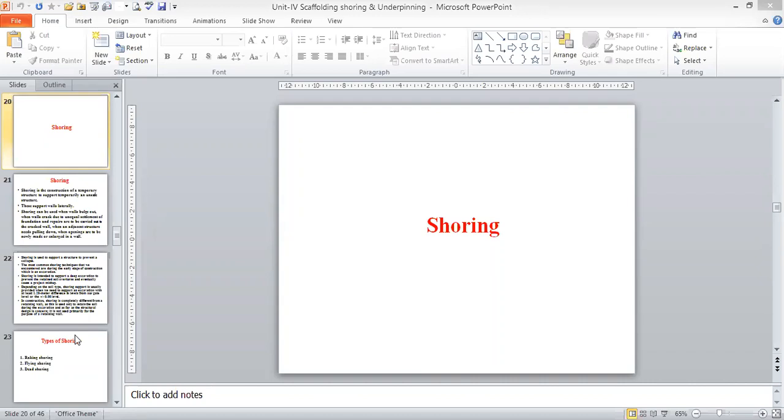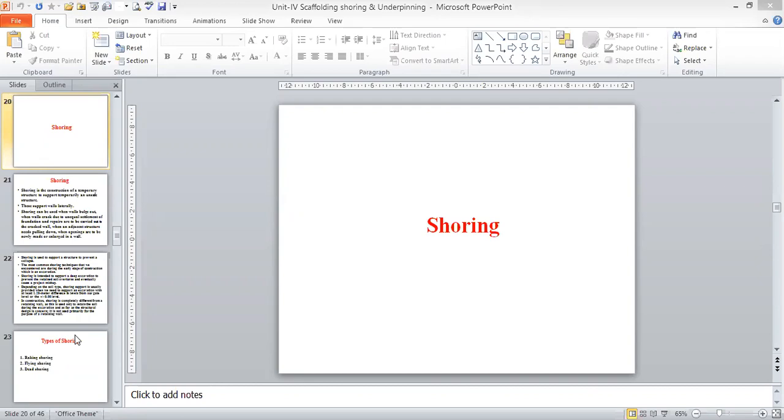One case is deep excavation for the foundation. Because of the deep excavation, vibrations are going to affect the existing structure. With deep excavation next to the same structure, the soil is going to fall down. We have to avoid the falling of the soil, so we provide the shoring.